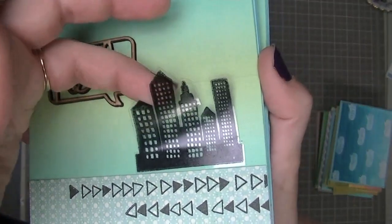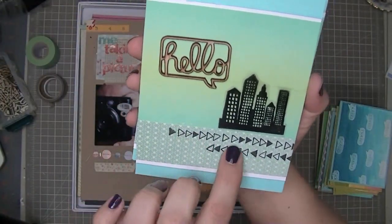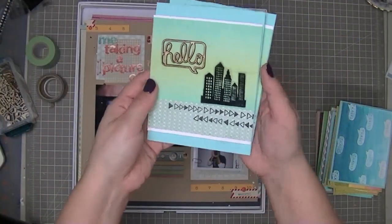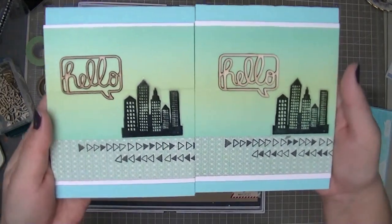And then I just stamped this onto a piece of overhead transparency and cut it out. And then I just stamped some of that triangle stamp that came in the kit. And I mean, this is not my design at all, so I wasn't really going to show it, but